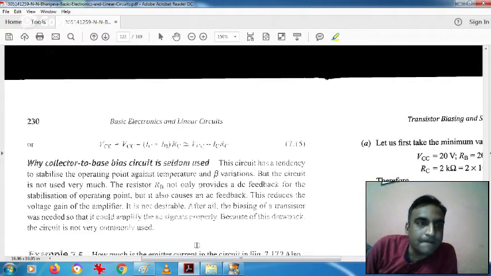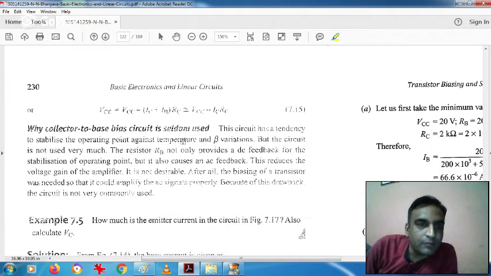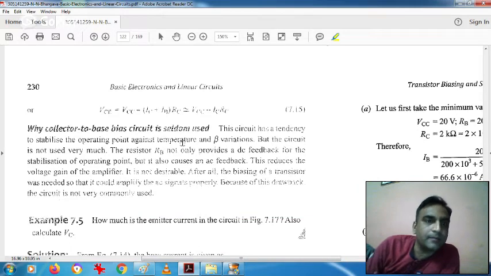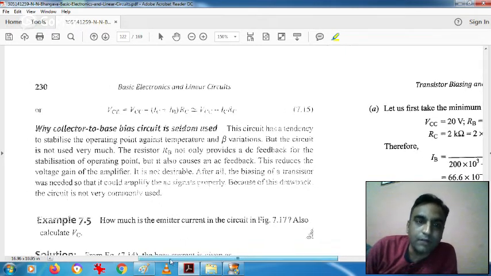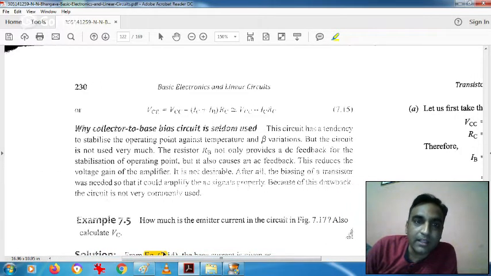So collector to base bias circuit is not used, because it is providing the feedback. Now what is feedback? That is a new term for you. What is feedback in electronics? Normally we understand feedback as whenever we are giving something back to the input. Over here that resistor RB provides the feedback, and